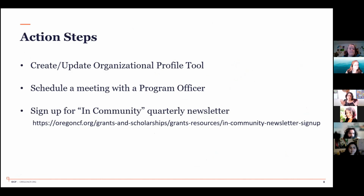So these are the three hopefully easy and doable action steps that you can take after this meeting, or after you have dinner, after you have a really good night's sleep and a weekend. You can create and or update that organization profile tool that I shared. You can schedule a meeting with a program officer to see if there's potential for community grants this cycle. And then the secret third option that I just threw on this last slide is that we do have a